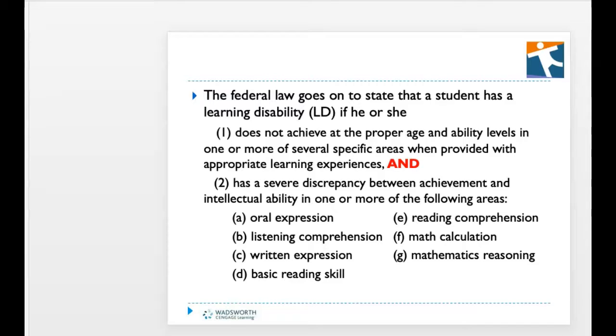Sometimes they want an explanation of why and how they got to that particular answer. And so if a student has a severe discrepancy in any of these areas, as well as is not performing at the same age and ability level as his or her peers, then the student may need to be evaluated